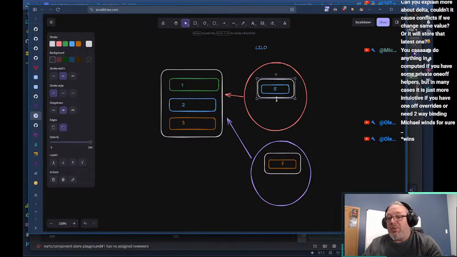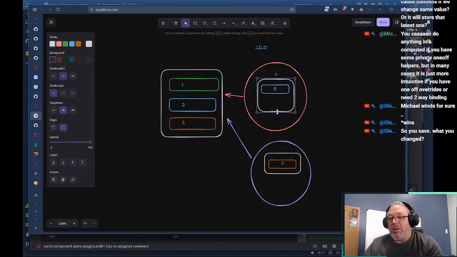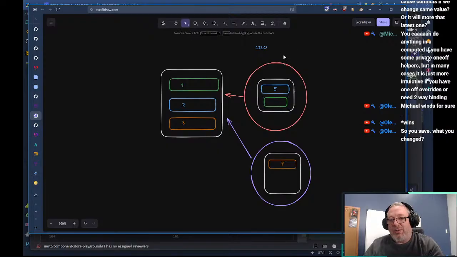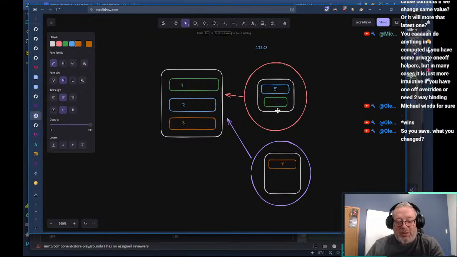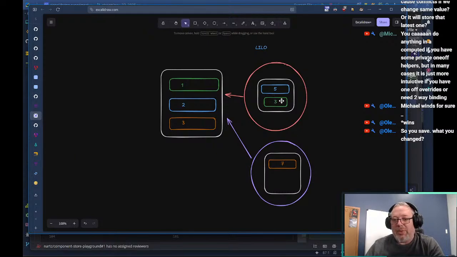Well, to what you're saying, Ole, is what if both people also change green, right? So what if our changes here include a green 3, right?